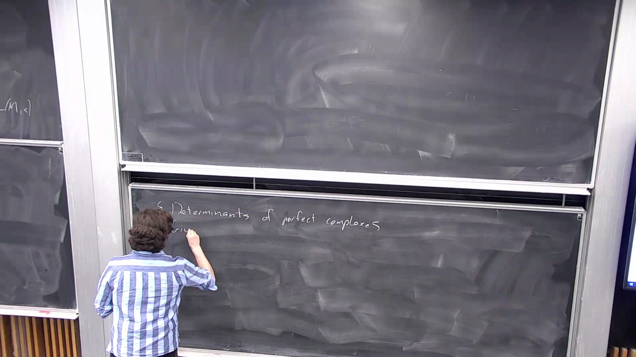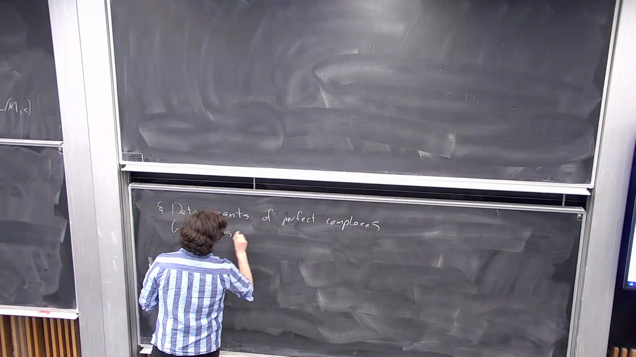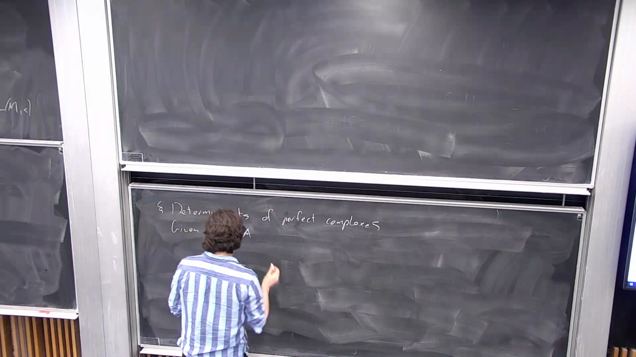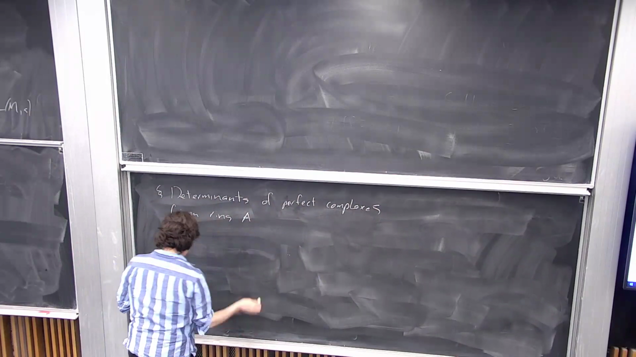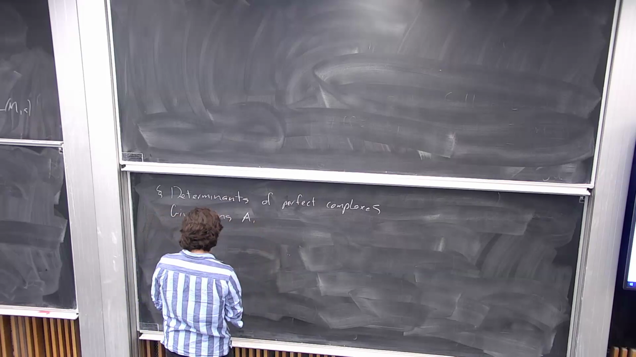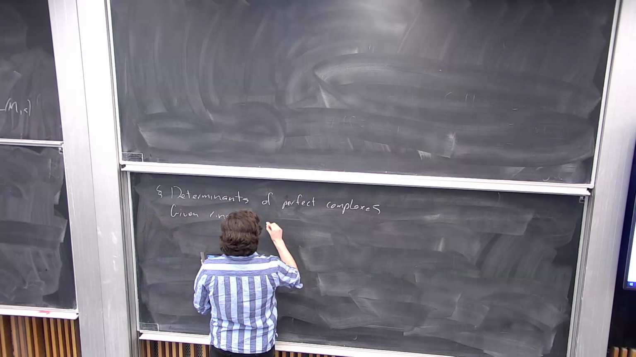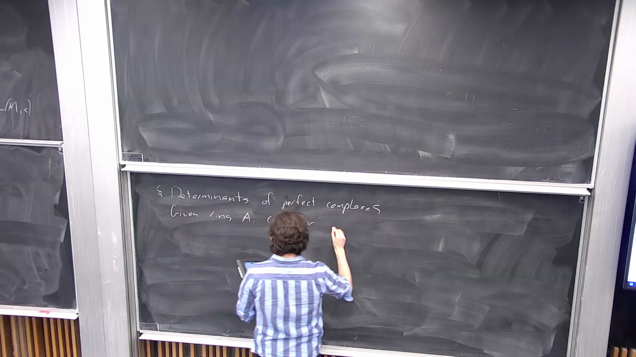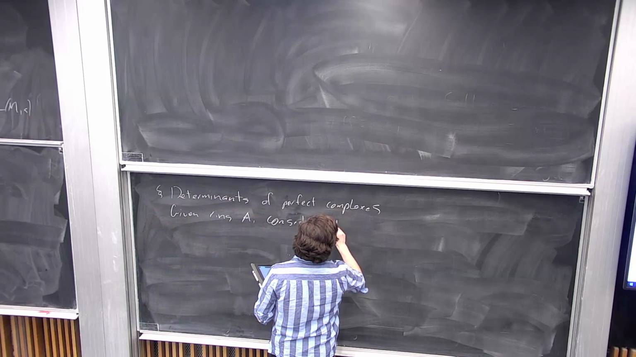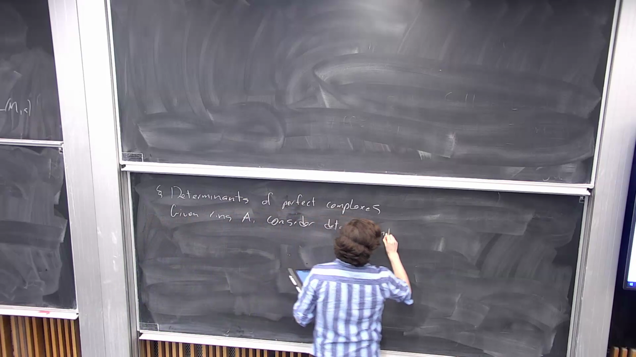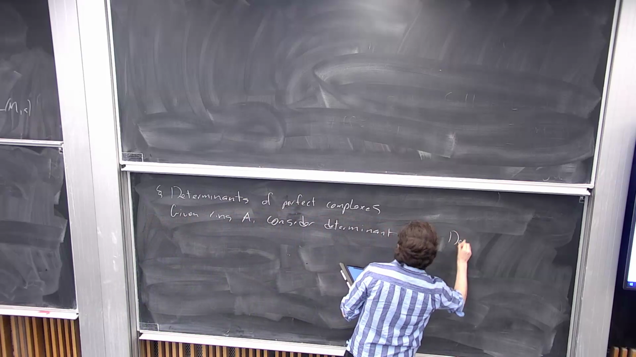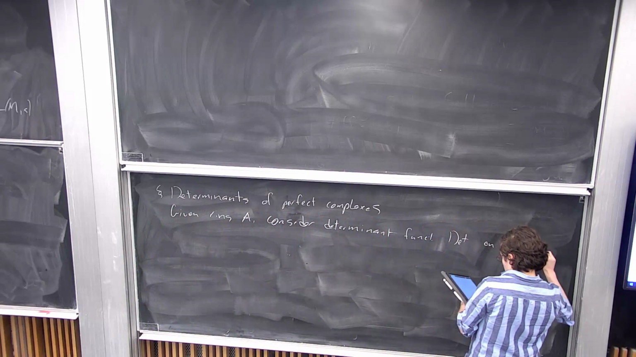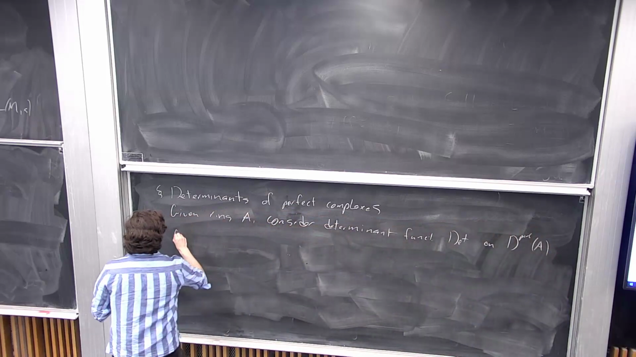So we're going to fix a ring A. For me, A will always be a standard commutative ring. In some formulations of this theory, you want to allow non-commutative rings, but not in this talk. So I'm going to define a determinant functor on perfect complexes. And it's going to be given by